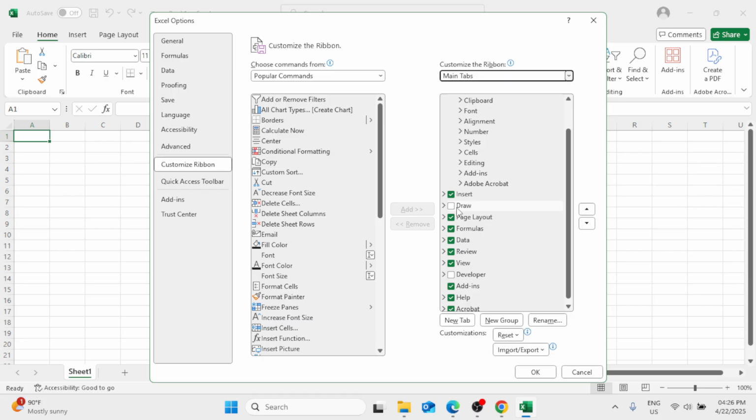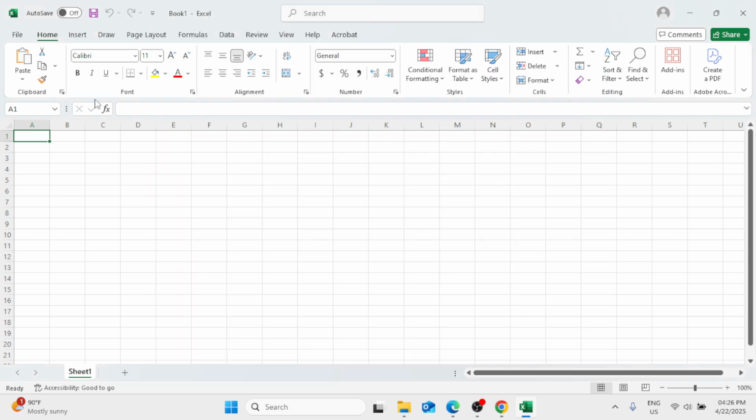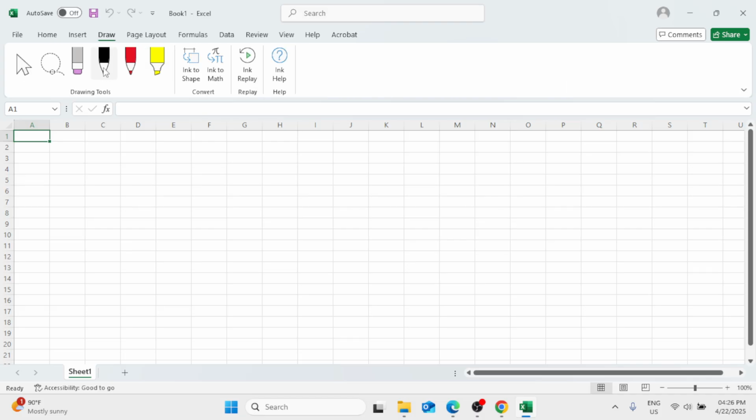So in order to enable the Draw tab or have the Draw tab in our Microsoft Excel, simply check this box and then click on OK. And now we have the Draw tab. So here, we can use this to draw